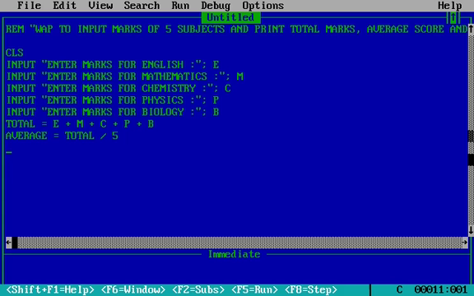Now the last query was how to identify the grades. Now grades will be defined. So what we do is, now we start the conditional statements, or if, else if and end if statements. So if average is less than 40, then